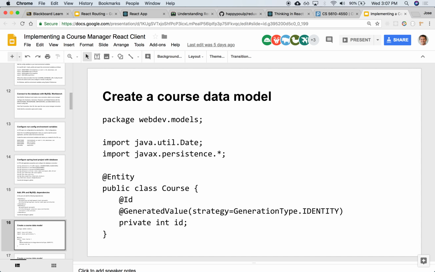All right, excellent. So the first thing is that we're going to need a data model to hold a course. We already worked with data models last week. We worked on users. Here we're going to add a new data model, the course. It's going to have an ID, it's going to be an entity, it's going to be a generated value, and